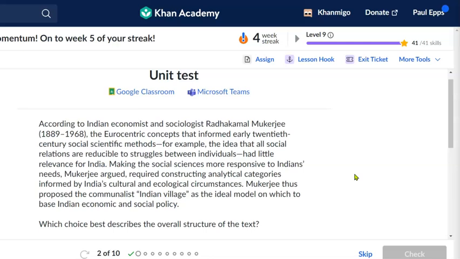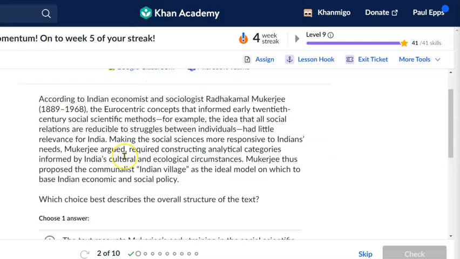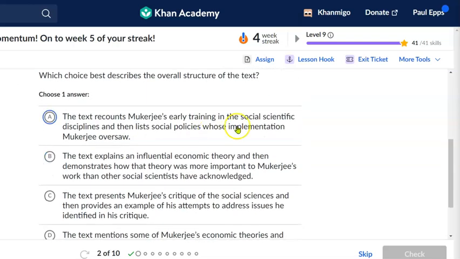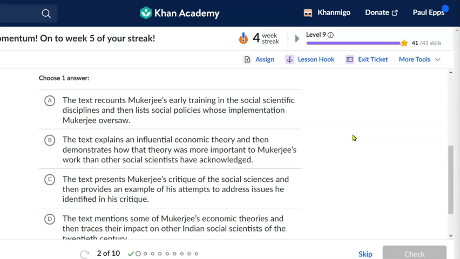Indian village as the ideal model on which to base Indian economic and social policy. Which choice best describes the overall structure of the text? A, the text recounts Mukherjee's early training, blah, blah. No, that's not right. B, the text explains an influential economic theory and then demonstrates how that theory was more important to Mukherjee's work. No, it explains